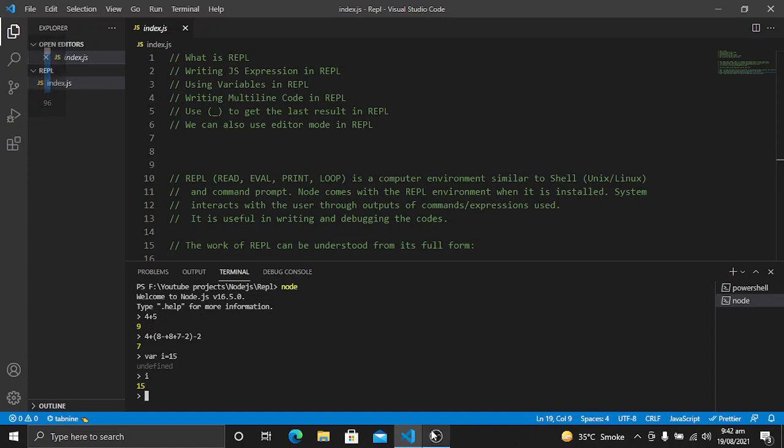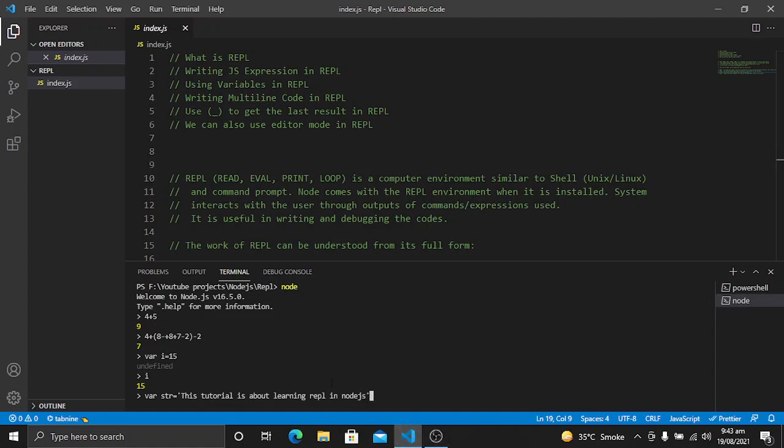Similarly, if I store some string value in a variable, we can also get these values from the variables. So for example, let's create a variable with a string, and I will store some string in it. For example, "This tutorial is about learning REPL in Node.js."